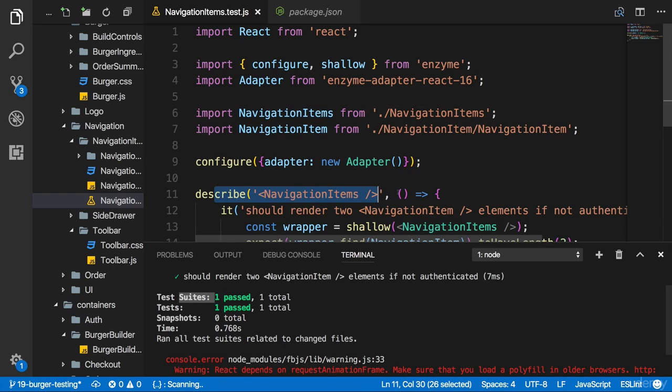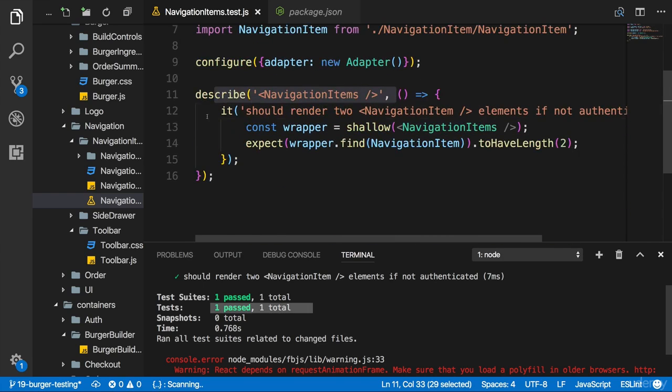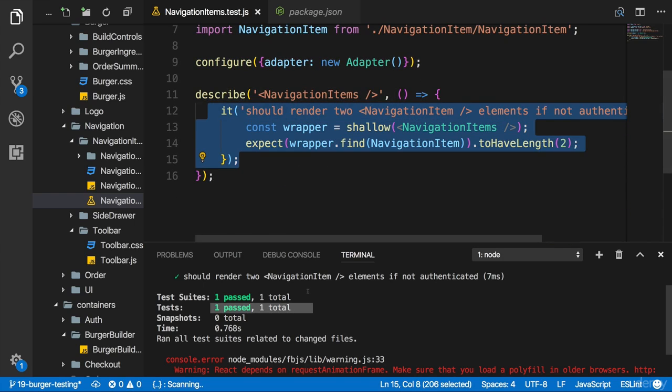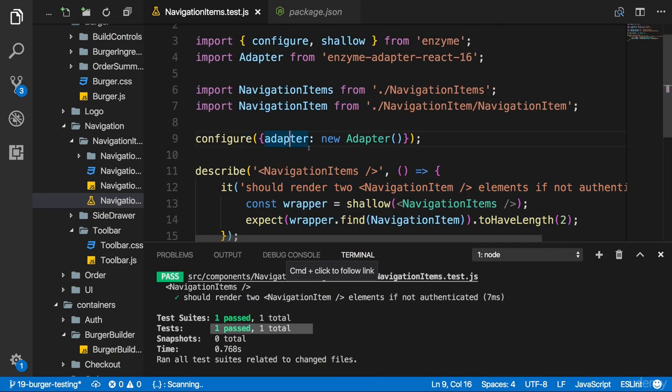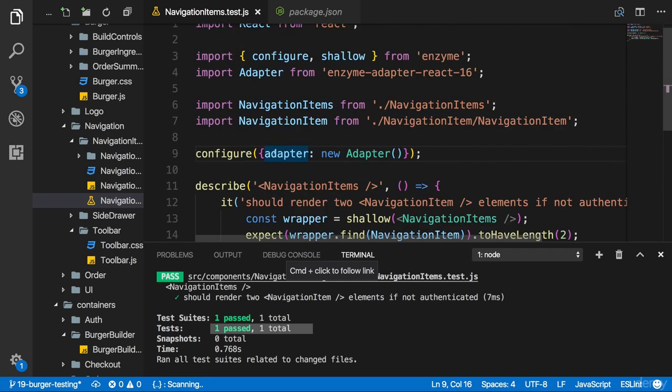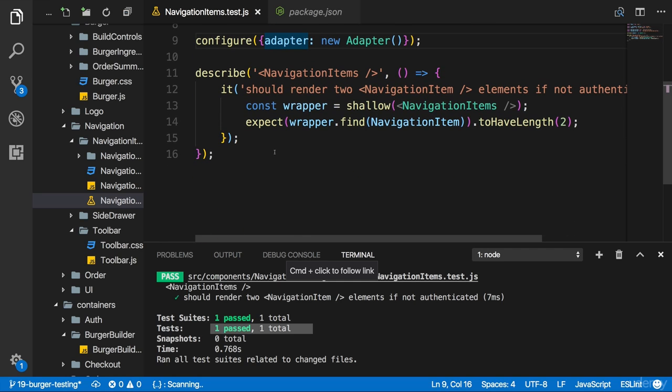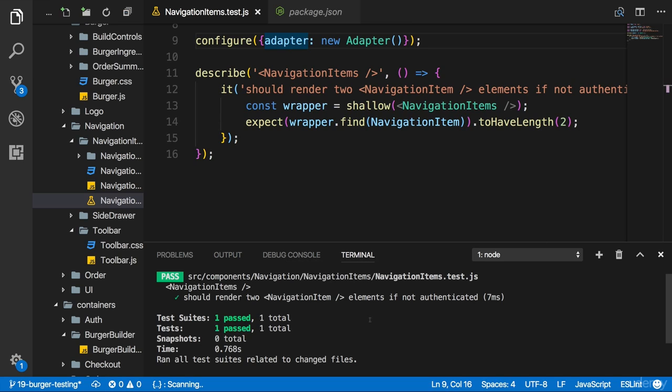The test suite is the describe function, and one passed test in general. That's the it test here, the it function. So our test is passed as we have expected, and this is how we write a test for a component. Now let's add some additional tests to this component before we then also dive into testing other things.